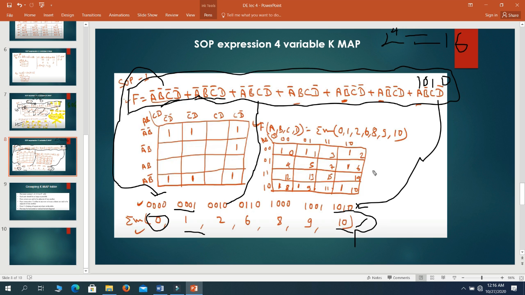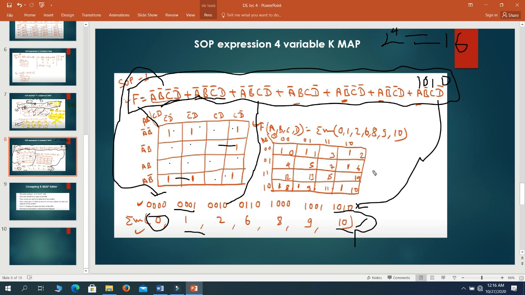So 16 cells can be drawn in this manner. This is cell number 1, cell number 2, cell number 3, 4, cell number 5, cell number 6, 7, 8, 9th cell, 10th cell, 11th, 12. This is 13, this is 14, 15 and 16. Altogether there are 16 cells. And once we have drawn 16 cells, next we need to draw a line like this, and as we have 4 variables, 2 variables should be written on the left hand corner, other 2 variables should be written on the right hand corner like this.